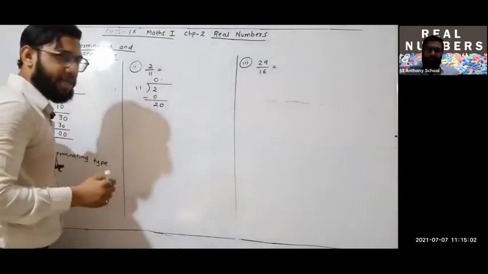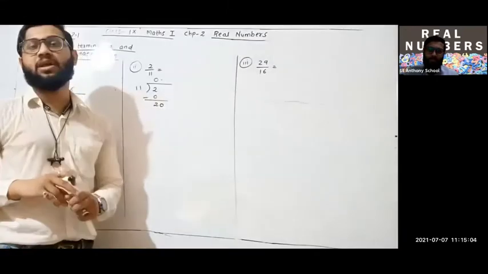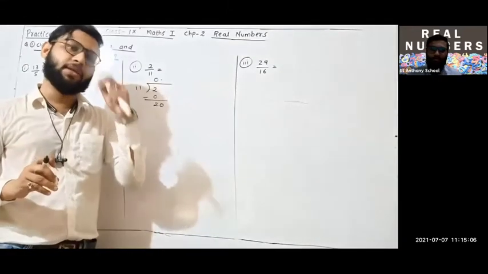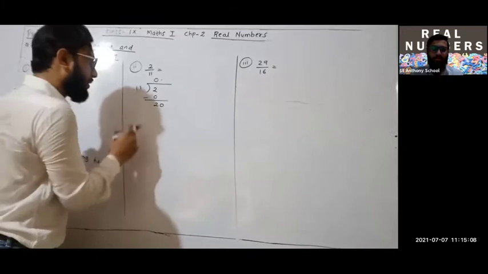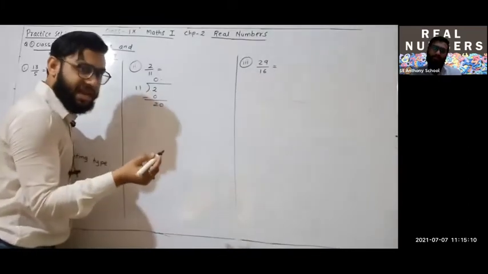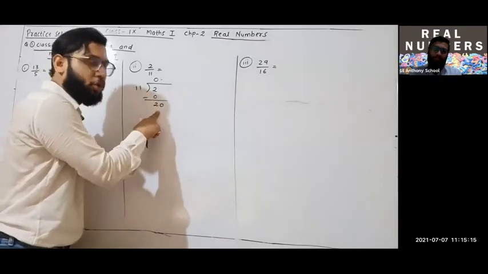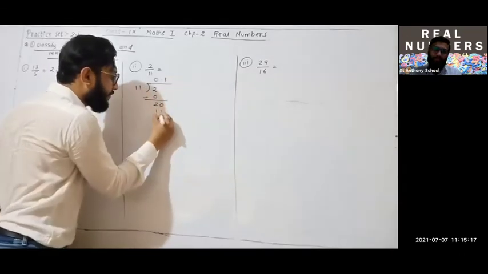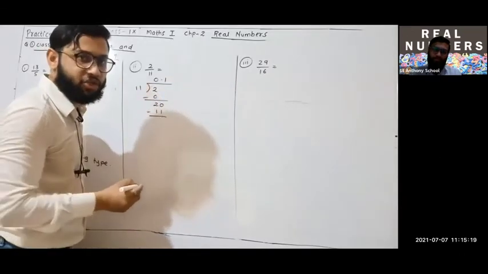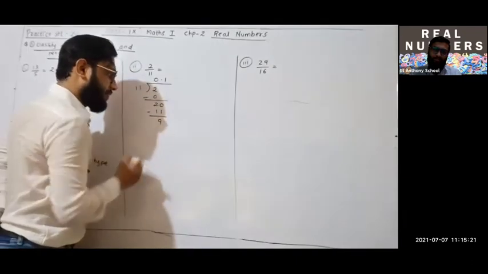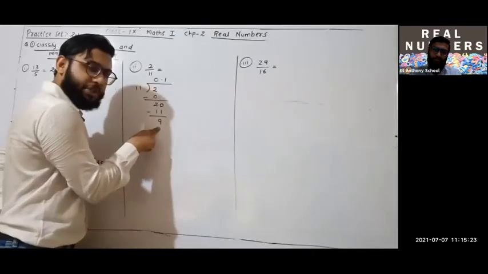This we know. Now you will say, sir, please tell me again, in division properties it will not be possible for me. This is the basic part. So 11 ones are 11. 11 twos are 22. So we can't take 22. So we have to take 11 ones are 11. So 20 minus 11 is how much? 9. Are you getting my point? So you have reached 9, but 9 is smaller than 11.